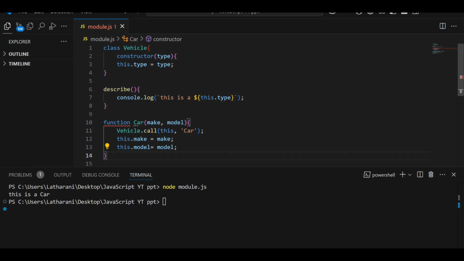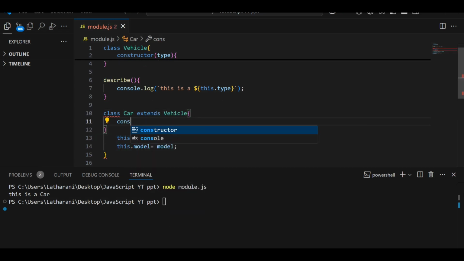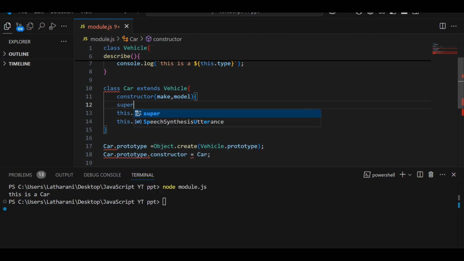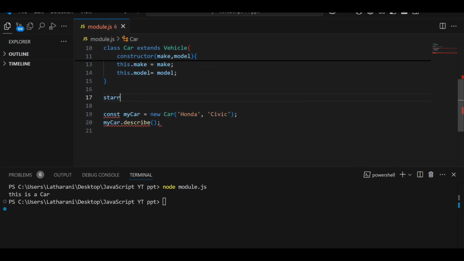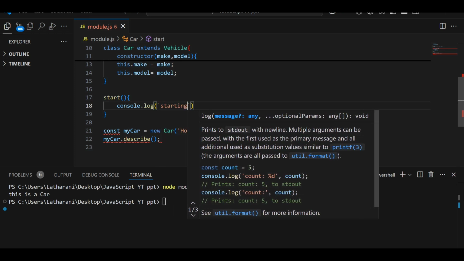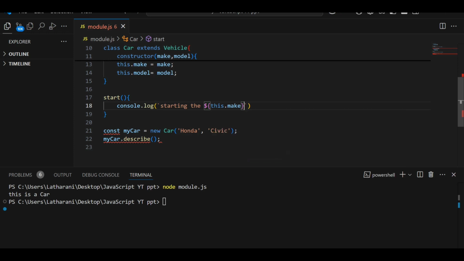Next, class Car extends Vehicle { constructor(make, model) { super('car'); which calls the parent constructor. this.make = make; this.model = model; } start() { console.log(`Starting the ${this.make} ${this.model}`); } }